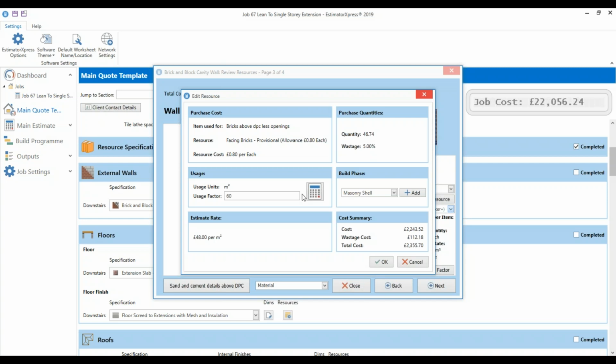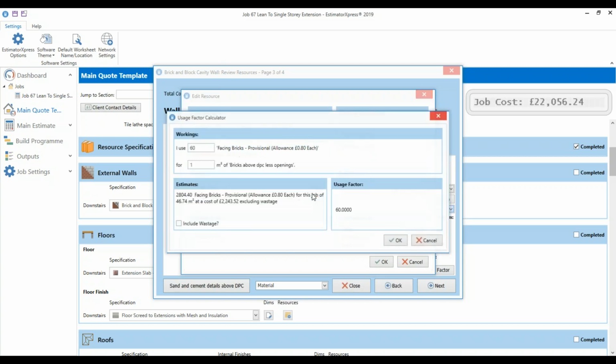price that it does. Now you'll see that little calculator there. So every time we do bricks above DPC less openings, we're using an 80p brick. Now we've got this estimated rate here, and the reason it's giving you that rate is we're using 60 bricks for every square meter we lay above the DPC less any openings. So a job that's going to be 46 square meters based on our extension size, we're going to